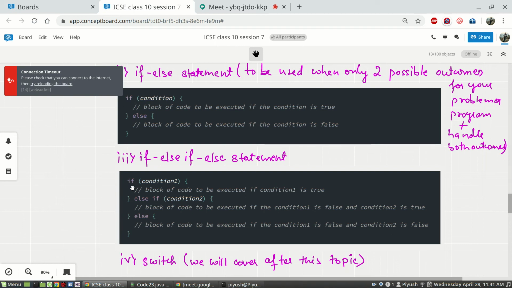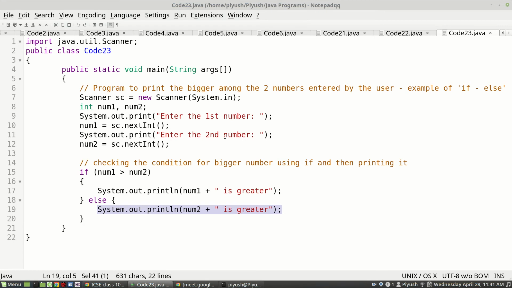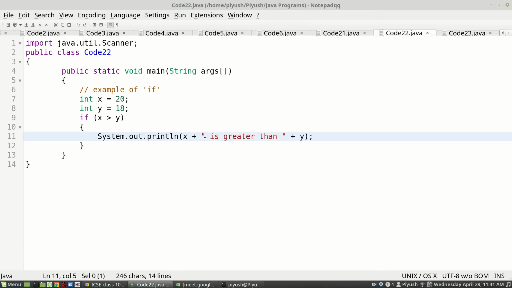Just analyze one thing for today. What will happen if, instead of quotes here, I give quotes here? Remind me if I happen to forget, we'll also start with the discussion of that.